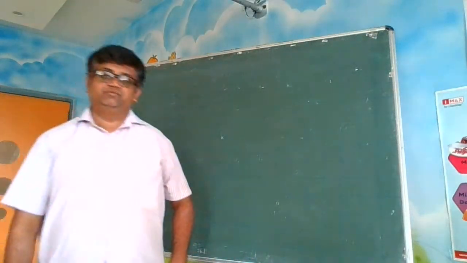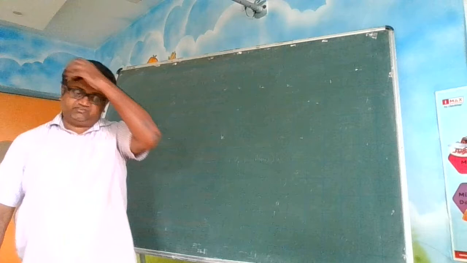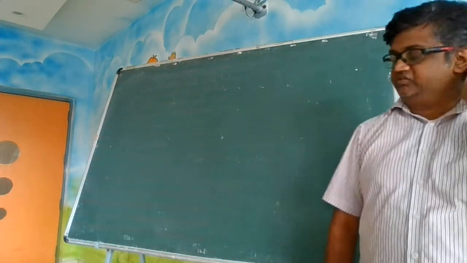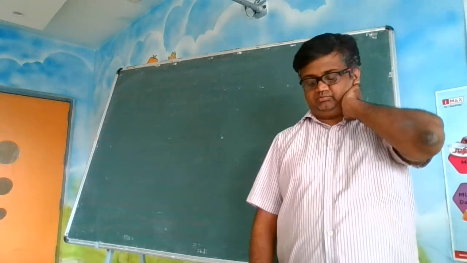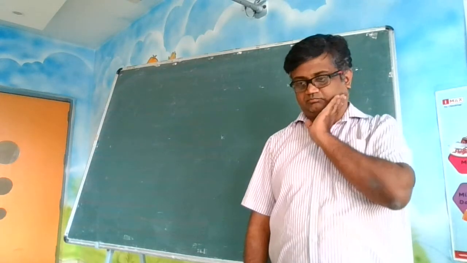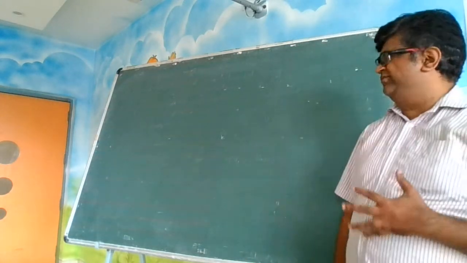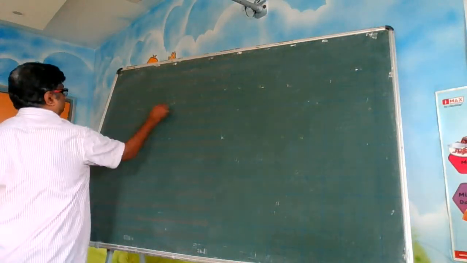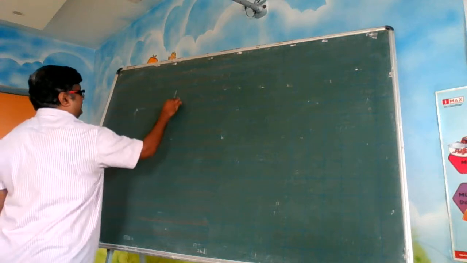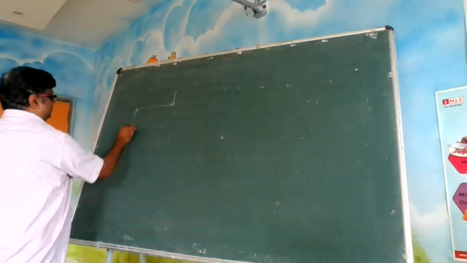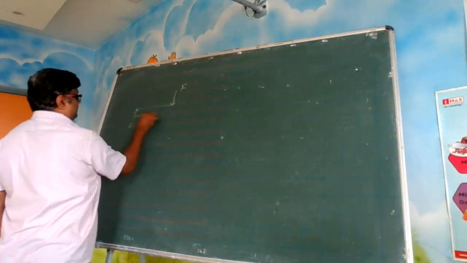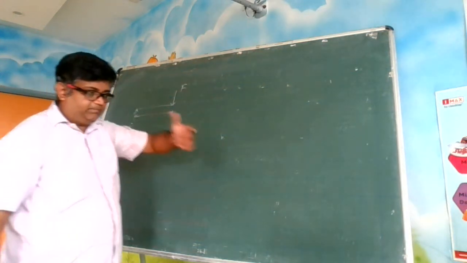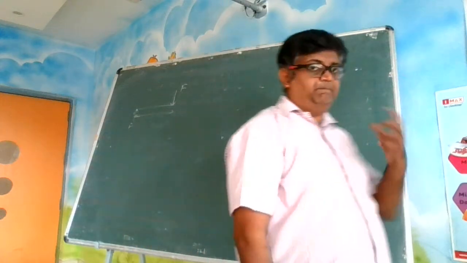So good morning students. Yesterday we were discussing rotations, and we were discussing moment of couples. I told you how to calculate the moment of a couple. There are two equal and opposite forces. Take any one force and multiply it with the distance between them. So moment of a couple means basically you are calculating moment about some point.